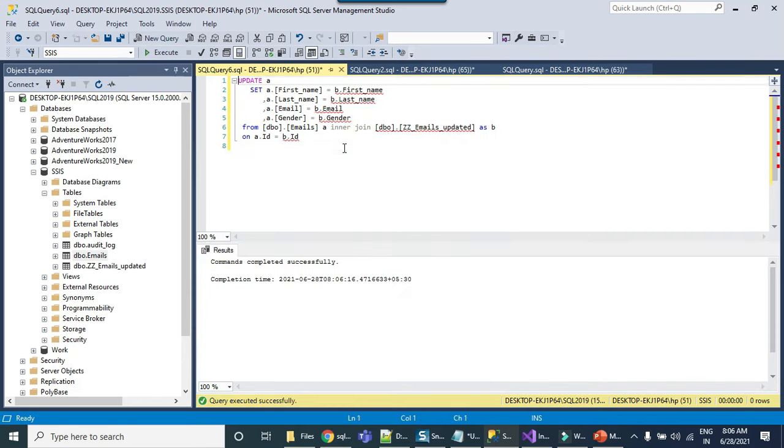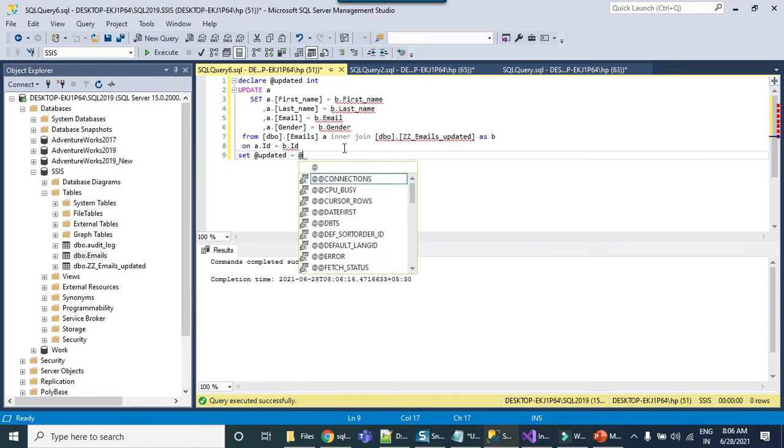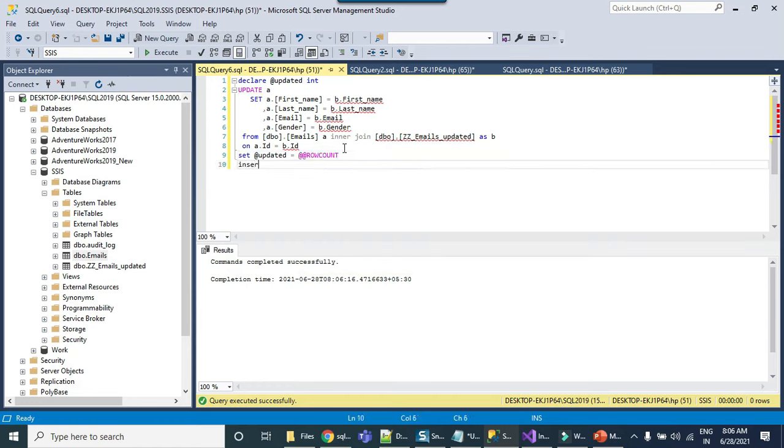Okay, so you remember we need to log the number of records inserted or updated as well to the audit log table. So let's declare variable updated of integer type, set updated equal to row count. Now let's write an insert statement for the audit log table.